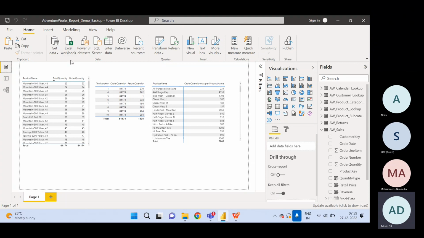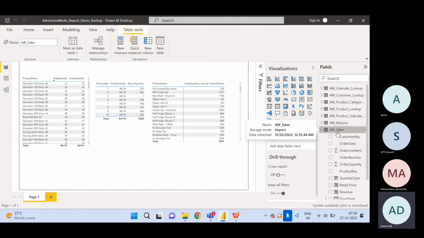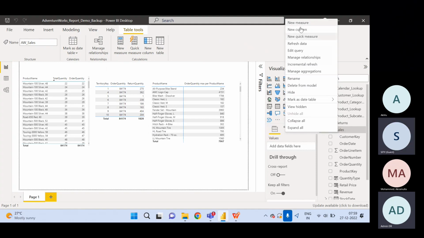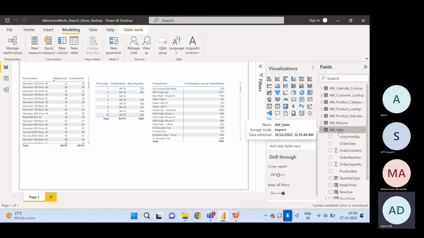I will go here, and similar to the calculated column, you can select it from here, which is new column and new measure. If you want to create a measure, you can do it from here, new measure, or you can right click on any of the tables where you want to add the measure and select new measure. The difference between selecting from the modeling tab and